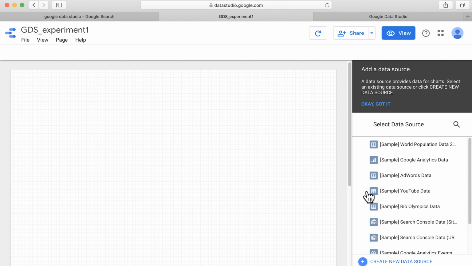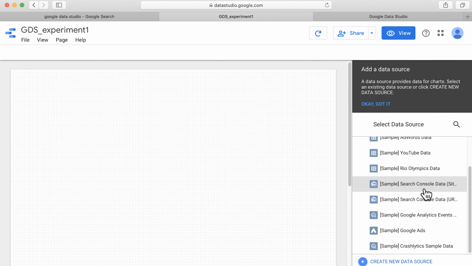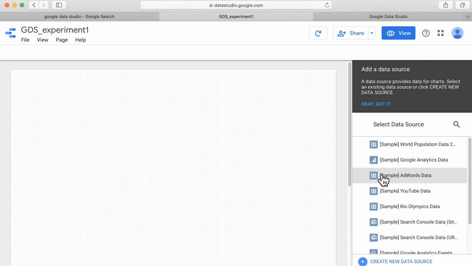The inbuilt data sets that we get through Google Data Studio, things like world population and so on, all of them are present on this side, and yes, I can go and use them. Or I can create a new data source by clicking the plus sign here. So that's something we are going to move on to in a bit, but by the end of this lecture, you should be able to